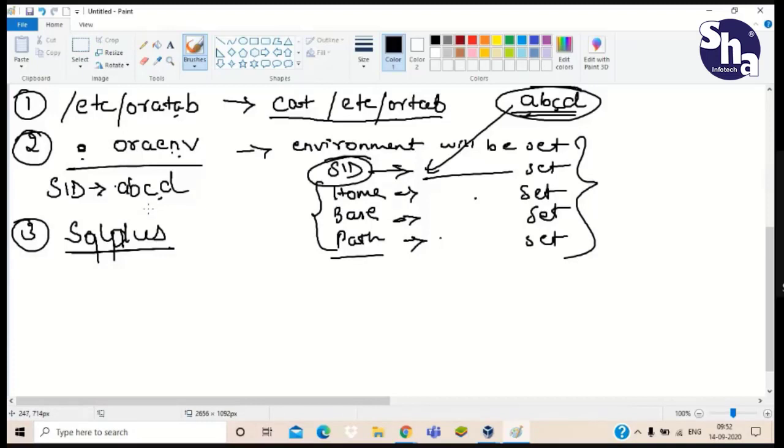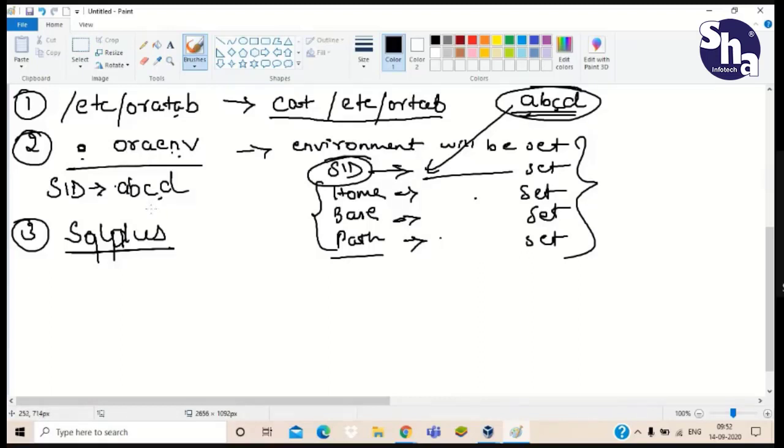Clear? For communicating any data in the database, we use SQL, structured query language. For any logical things, we will use SQL.